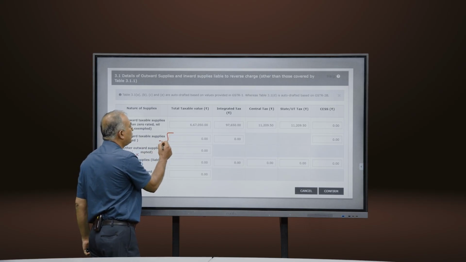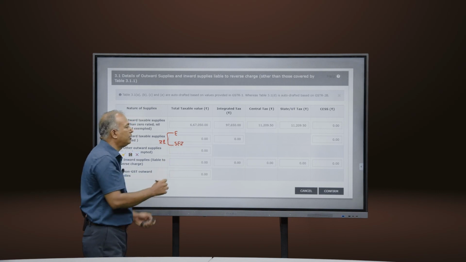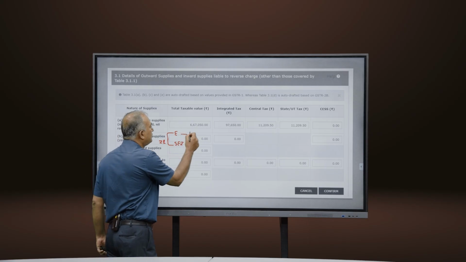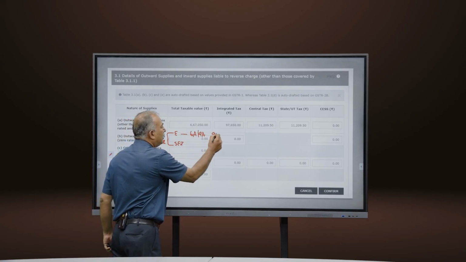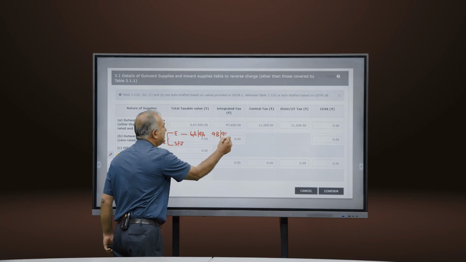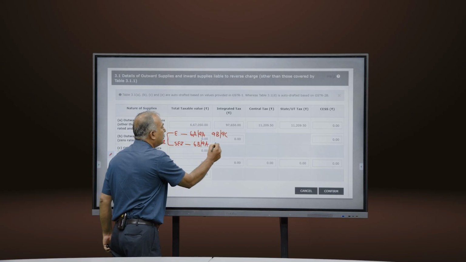It is a zero rated supply. It will actually flow from exports. It will actually flow from SEZ. I think I just missed out explaining this, so I'm just coming back to it. So this will be table 6A, amendment 9A, debit note, credit note 9B, 9C, and here this will be 6B, 9A, and this will be 9B